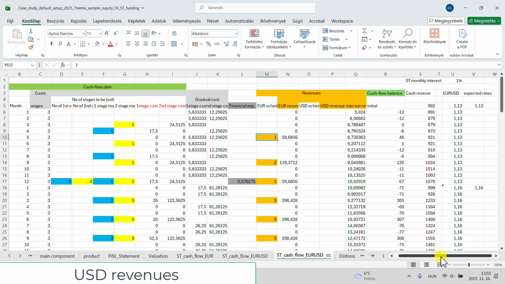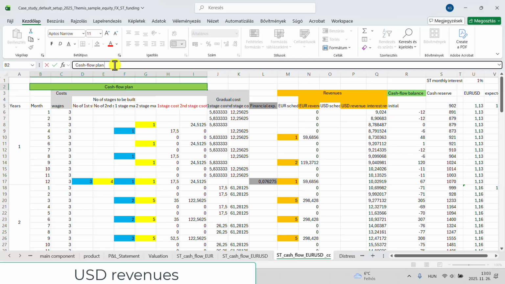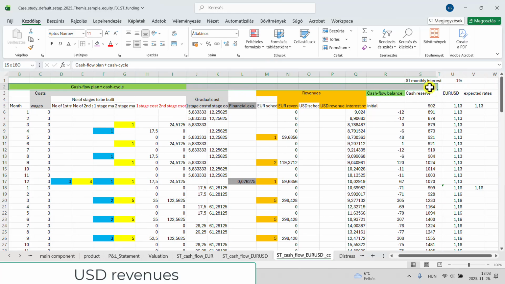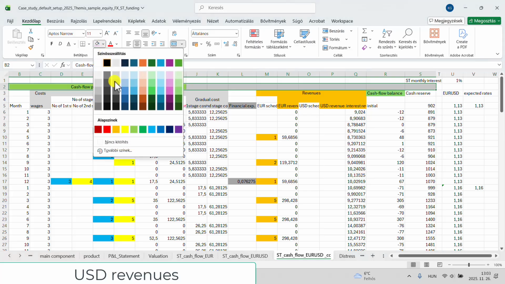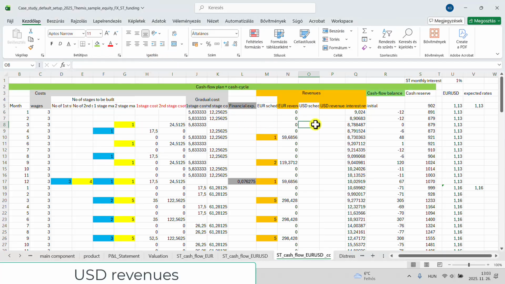CC, so this will be not just a cash flow plan, but also now we are collecting the money as well. So we have the scheduled arrival of our friendly euros, but